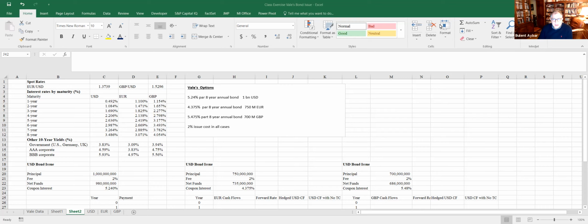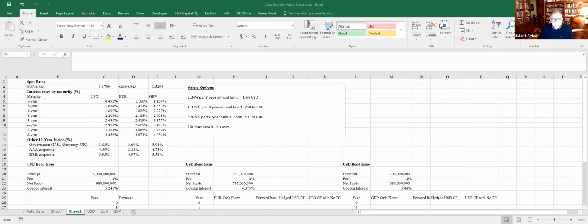This is a $1 billion face value issue. So they will be able to place the bond at the face value, so at par. Practically, they will be able to raise $1 billion with a 5.24% coupon. That means that in this segment of the market, the required rate of return by the investors is 5.24%